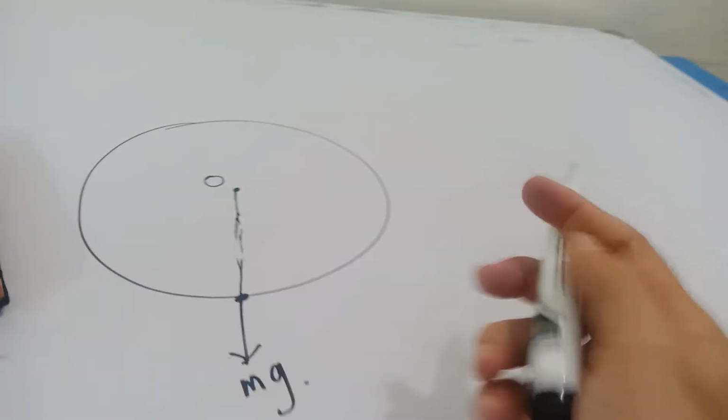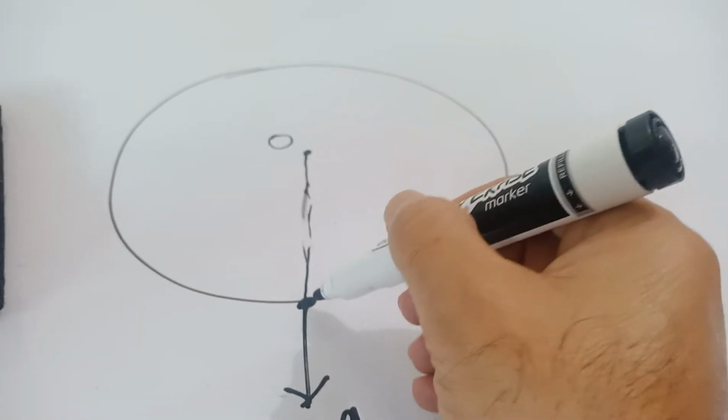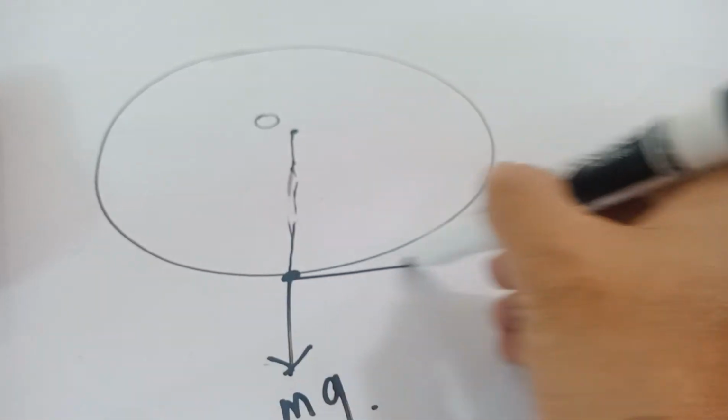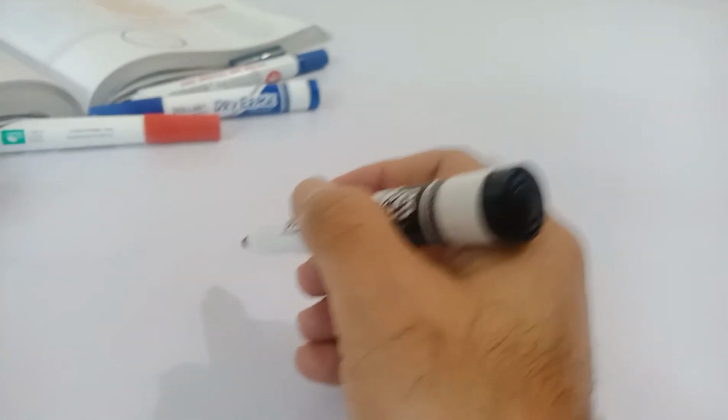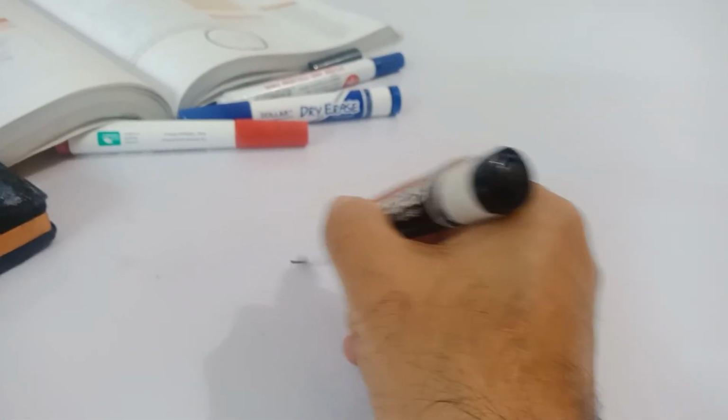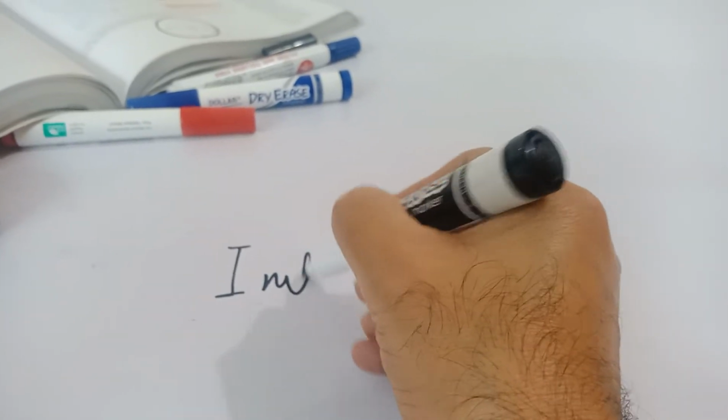Now, at this level, we have given it a push with the initial speed u. Okay, so I'll be mentioning here that there will be an initial case and then there will be a general case. Now initially